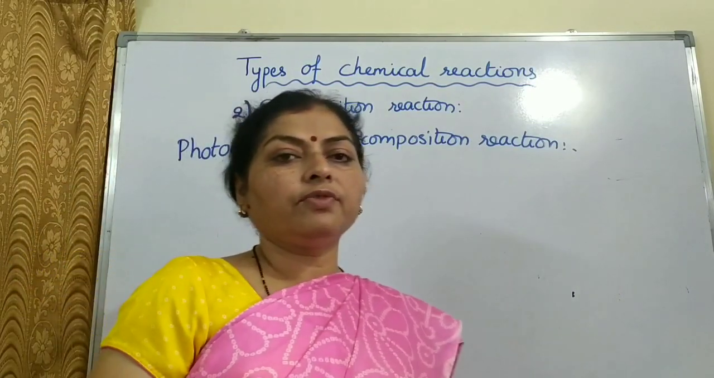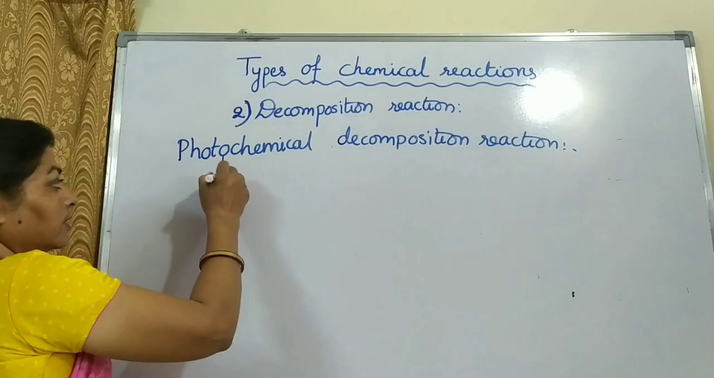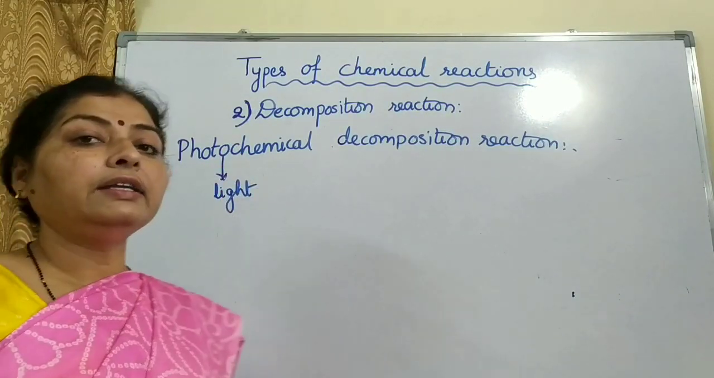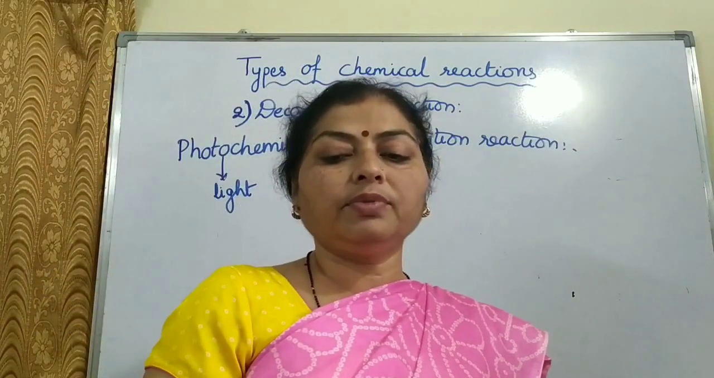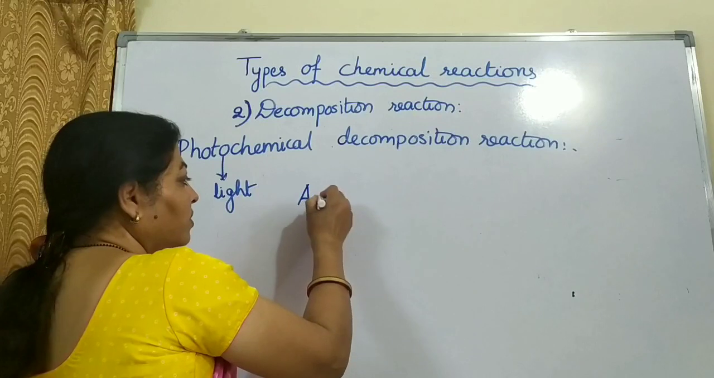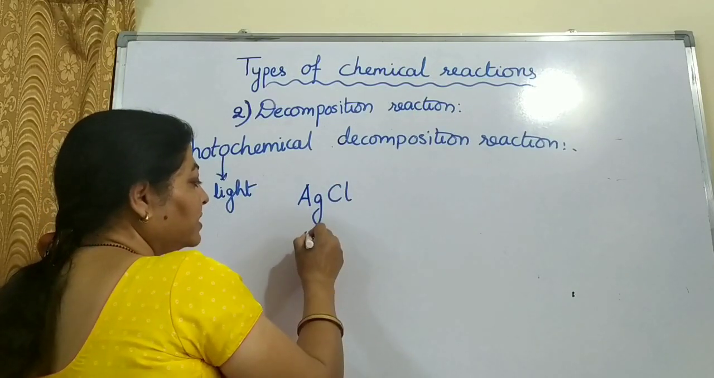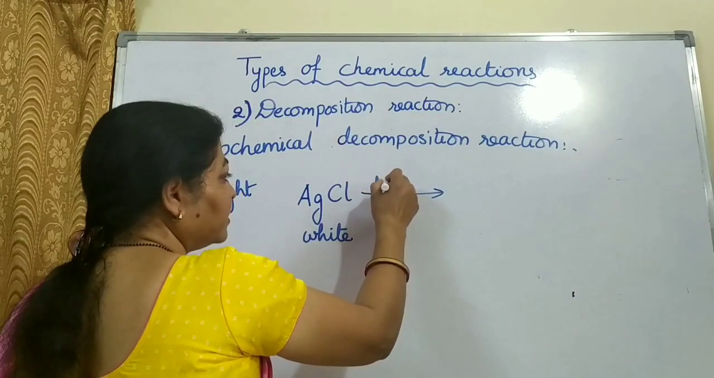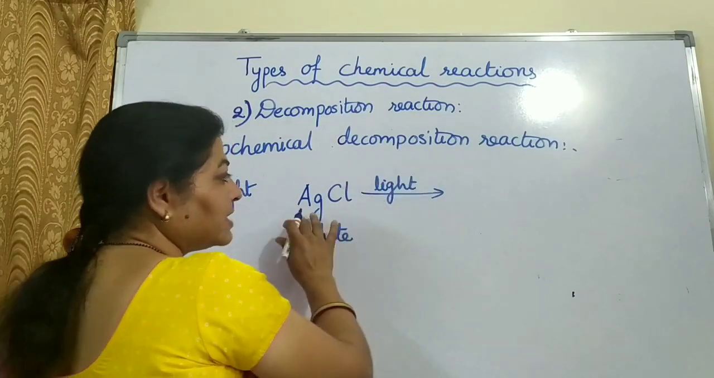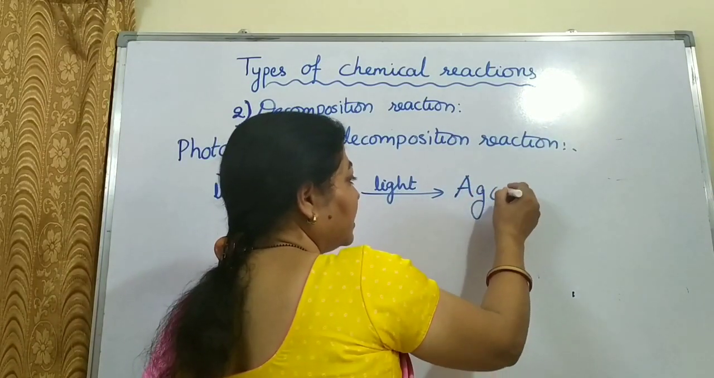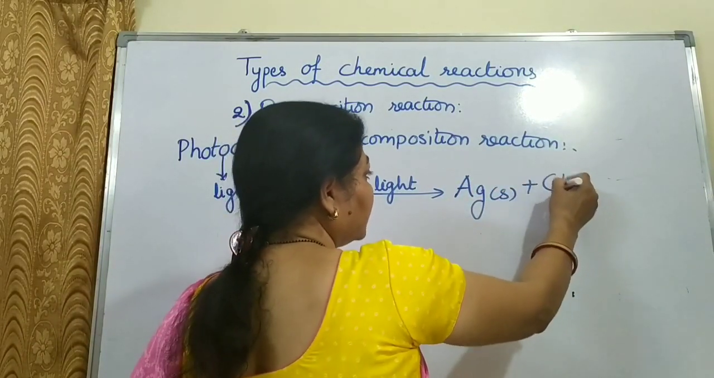Photochemical decomposition. Photo is light. So that type of decomposition which takes place with the help of light is known as photochemical decomposition. Here let us see the example of silver chloride. Silver chloride is a white color solid and it is exposed to light. If it is exposed to light, it turns grey in color after some time due to the decomposition which takes